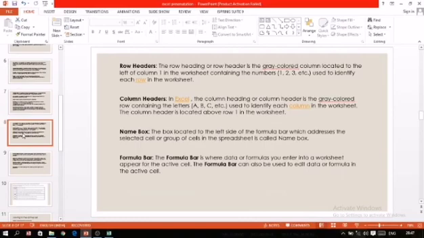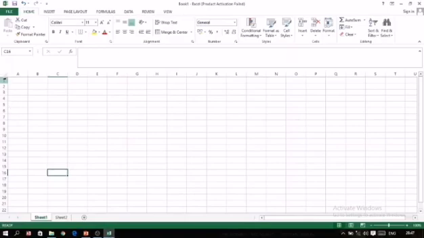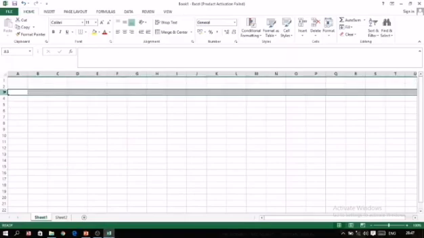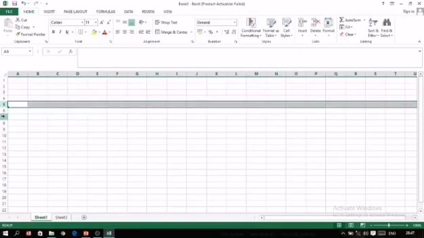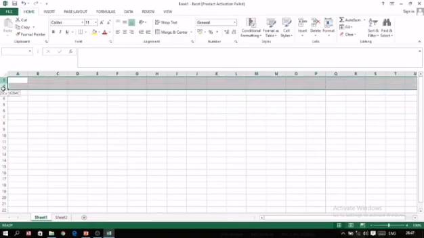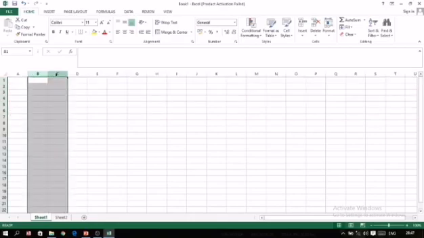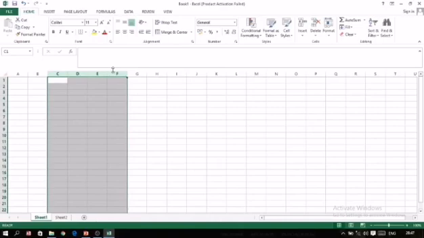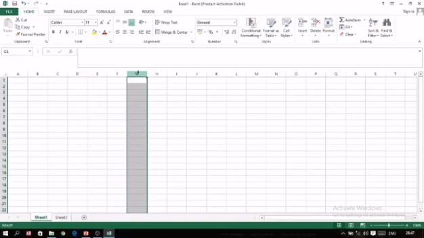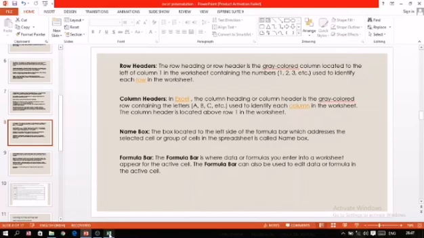Now next is row header, column header and name box. First, row header. Every row has a number. If you want to select an entire row, then just bring the cursor on it and click on it. These are known as row headers. This area where I'm clicking right now for selecting the rows is known as a row header. Every row header displays the number of the particular row. In the same way, the column header: this area where the alphabets are written is known as the column header. They tell us in which particular column we are working right now. The next topic is name box.